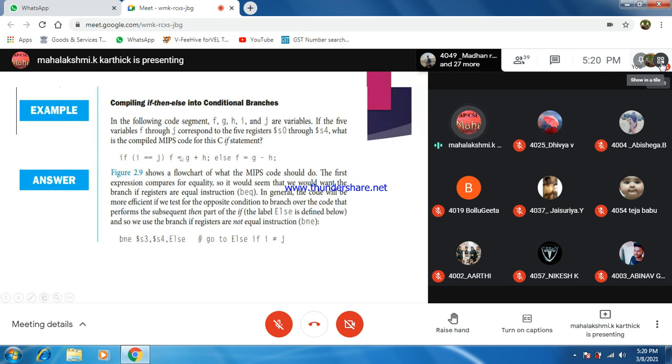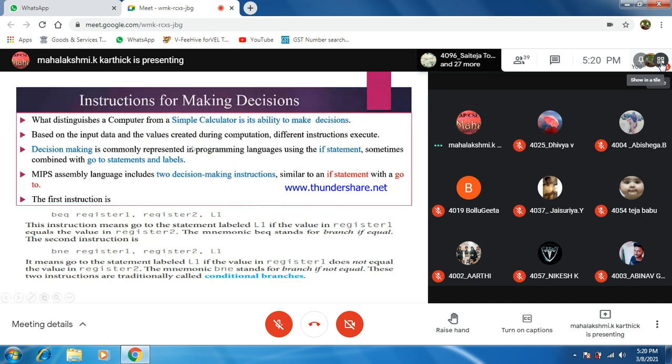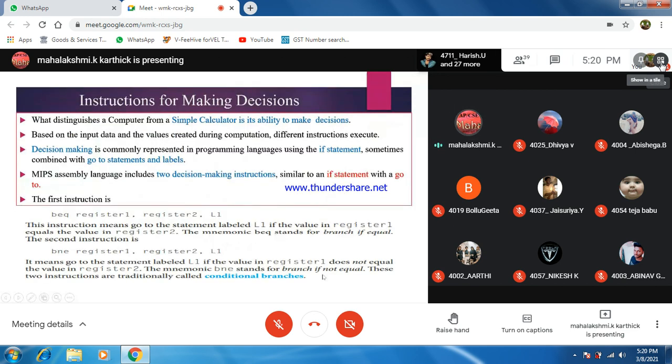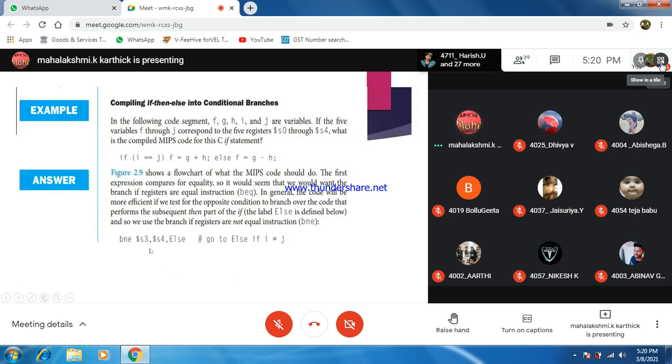Because from this line itself you can judge, the values are in front of you, S0 to S4. So after replacing the values for the registers, it goes for the condition check. If the condition is false, it goes for the else statements. So from this itself we can easily frame it. What instruction can you frame? Decision-making instructions. Branch if not equal. I have to remember both of these correctly: branch if equal, branch if not equal.